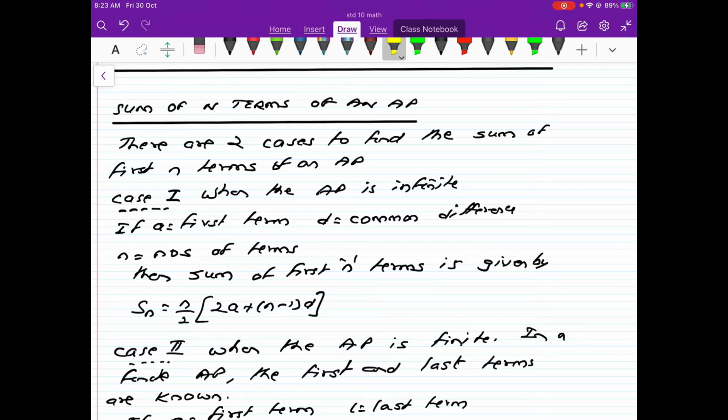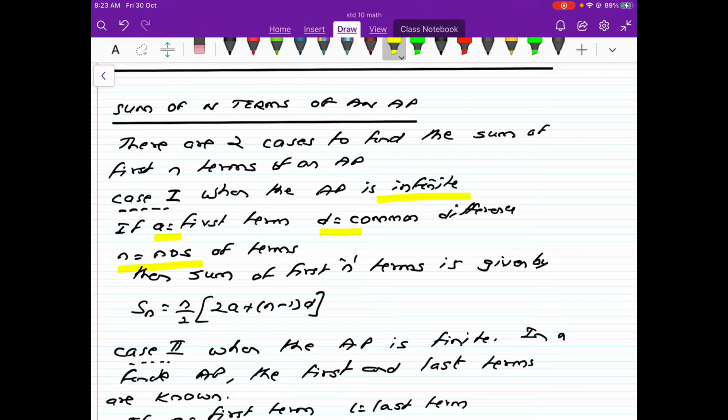So we will be having different formulae for finding the sum of the n terms in case of infinite and finite. So let's see what will be the case in case of an infinite AP. If the AP is infinite, there is no end. So we don't know how many terms, but we can surely find the sum of the first n terms. If a is the first term as usual, d is the common difference as usual, and n is the number of terms which are required to be added up,